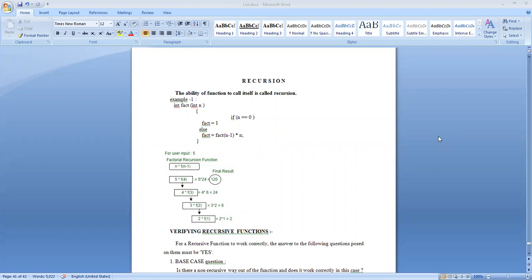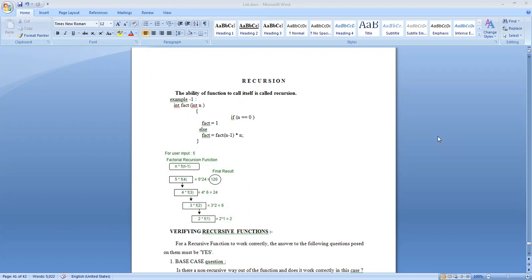In the last few classes, we have been discussing doubly linked lists. We have covered almost all the concepts of linked lists. Now we are going on to the next idea called recursion. Why are we discussing recursion? We may need it later when we go for binary search trees and other concepts.